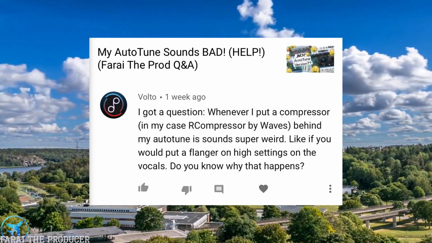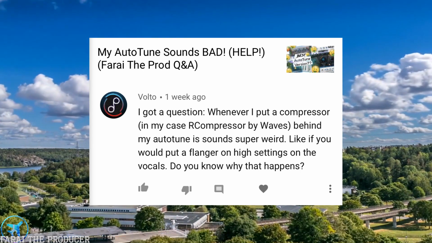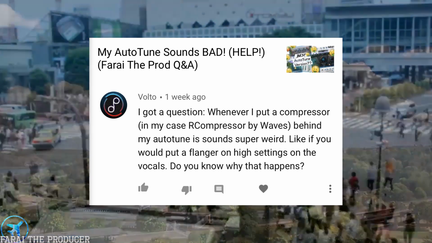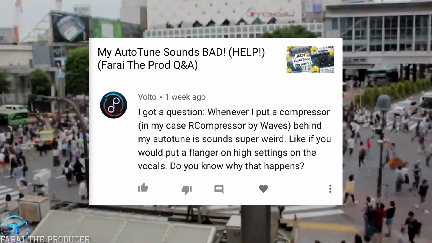Good question. Volto asks, I got a question. Whenever I put a compressor, in my case R Compressor by Waves, behind my autotune, it sounds super weird, like if you would put a flanger on high settings on the vocals. Do you know why that happens? So I wouldn't know exactly, like if you're describing a flanger thing, I don't quite know what's going on, but